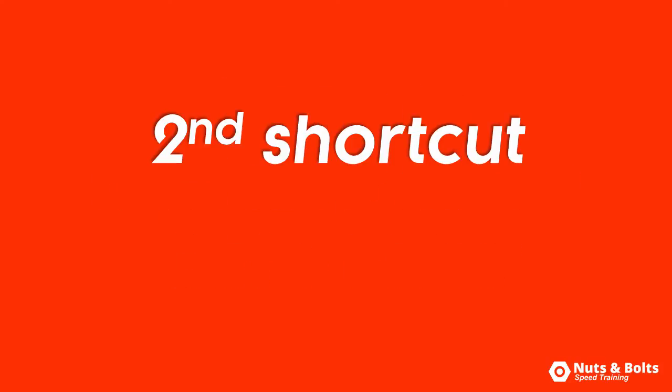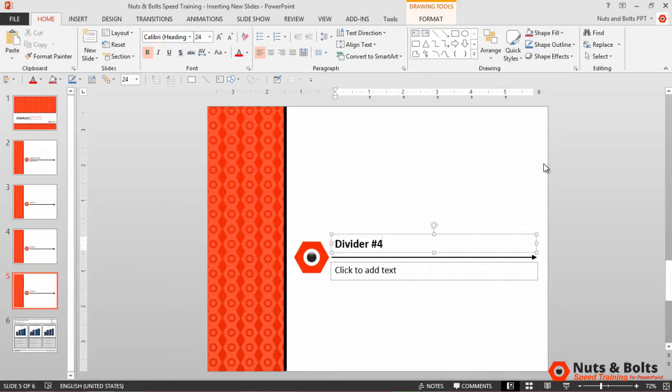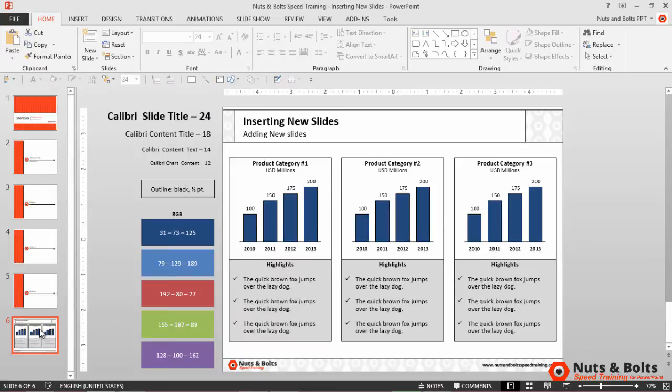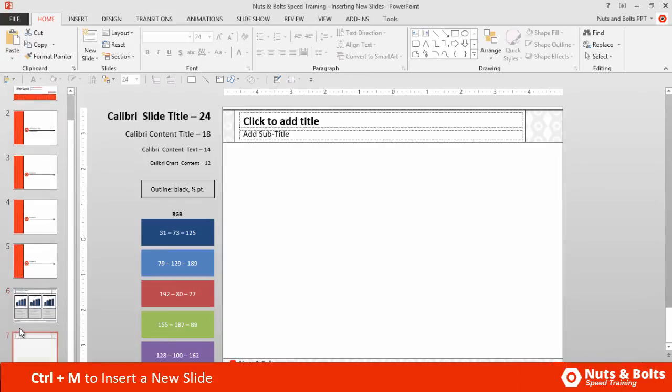Now let's look at the second shortcut, CTRL+M. So back here in my presentation, if I click to slide number 6, now there's a slight difference between how this works depending on where you're active in your presentation. So if I'm here in the thumbnail view, active in the thumbnail view, and I hit CTRL+M on my keyboard, I do create a new slide within my presentation, but I cannot immediately type into the title. So again, CTRL+M on my keyboard, I get a new slide based on my old layout, but I cannot immediately